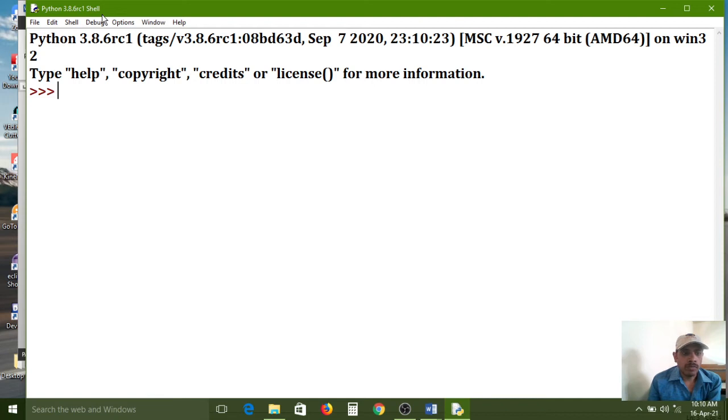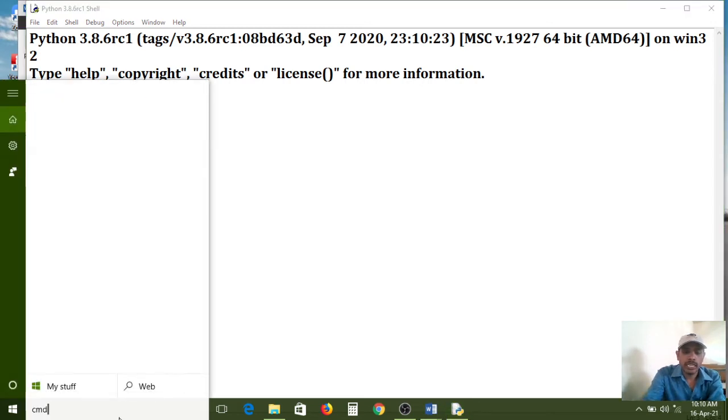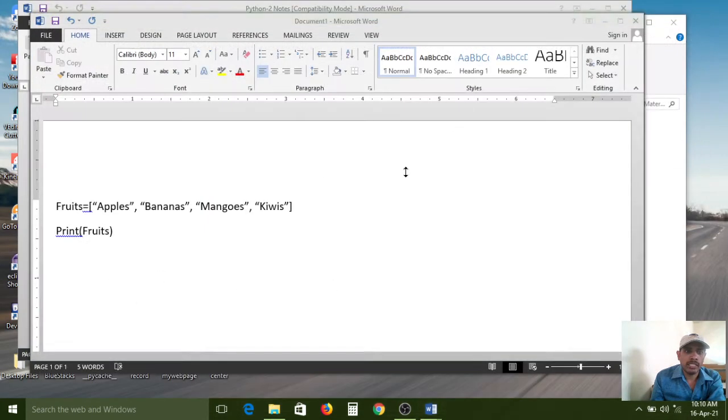Through the operating system we can also access the Python shell window. How do we access the Python shell window here? There are two ways to use it.